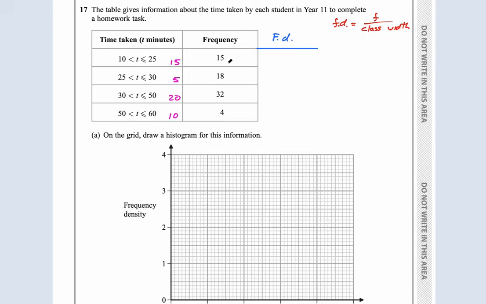So I do 15 divided by 15 is 1, 18 divided by 5 is 3.6. Use your calculator, guys. 32 divided by 20 is 1.6, I think. Yeah, 1.6. And 4 divided by 10 is 0.4. Okay, so now I just go from